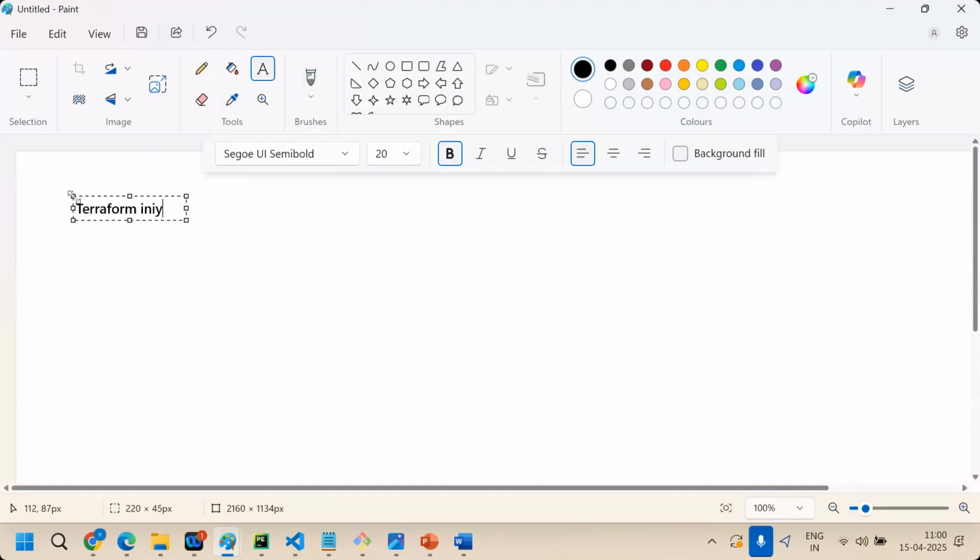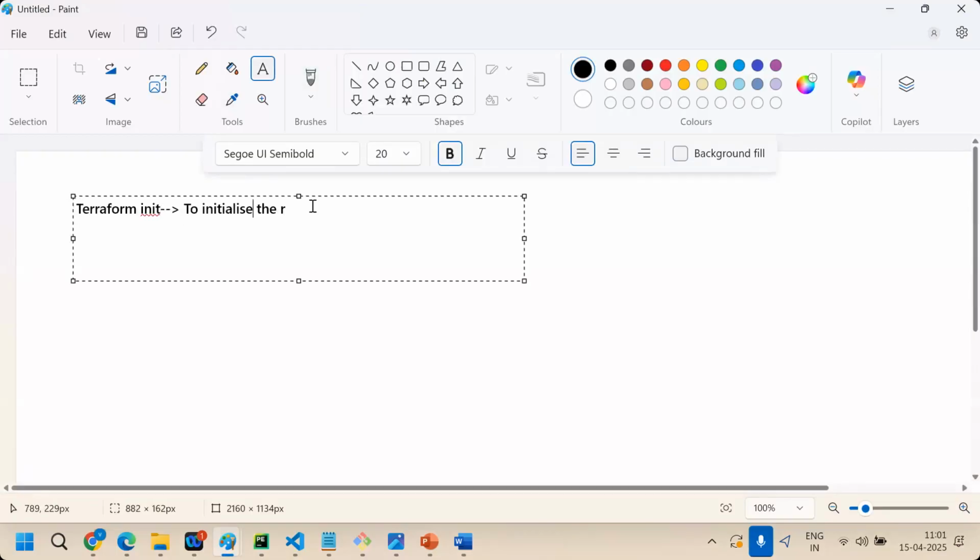Terraform init: initialize the required plugins from the Terraform registry to the working directory.